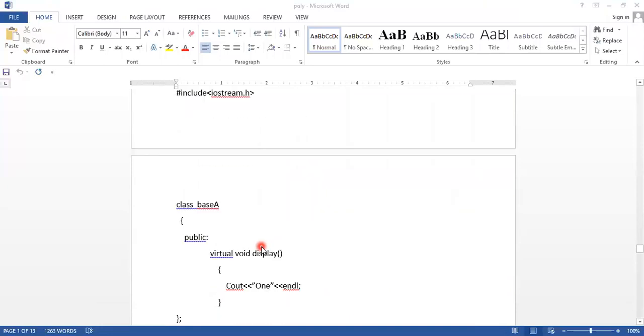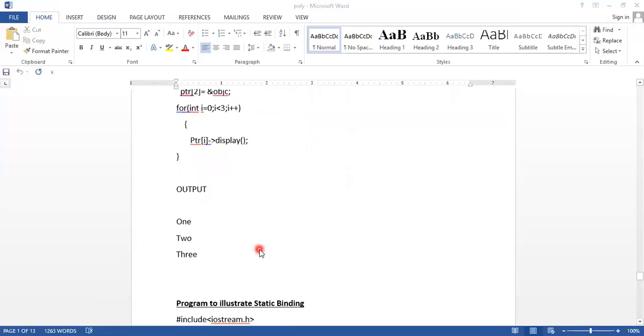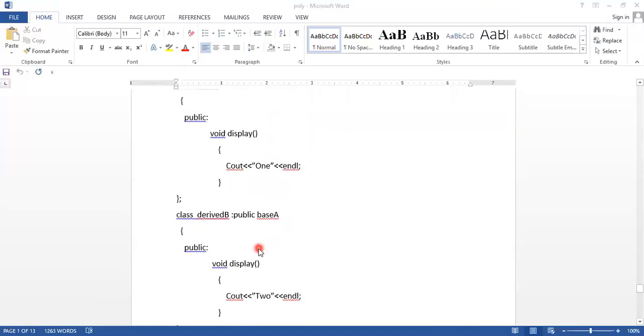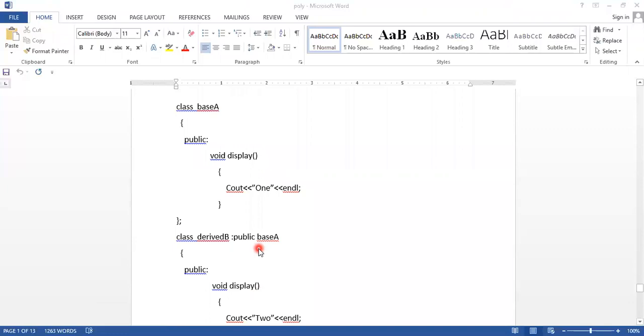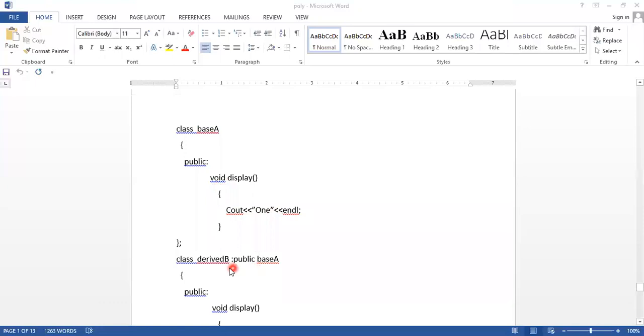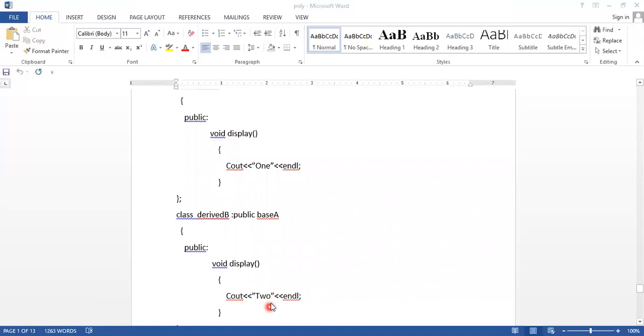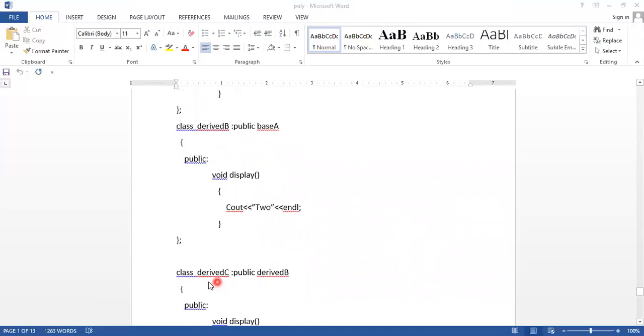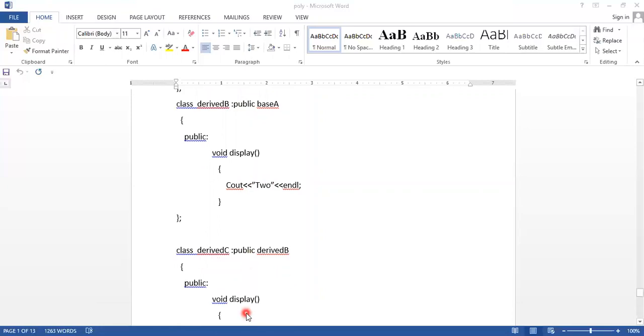Then see that here I am using the same program. How is it a static binding and a dynamic binding, right? So I am using base A. Here we display the value 1, then derived B, here we display value 2, then derived C, so multiple inheritance.